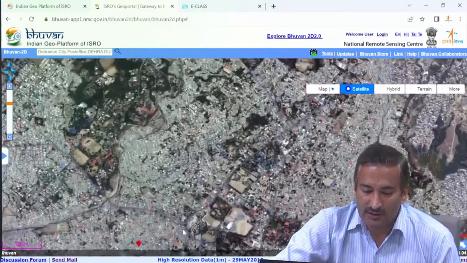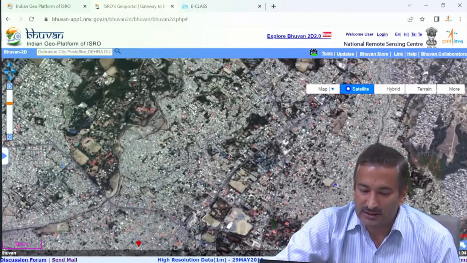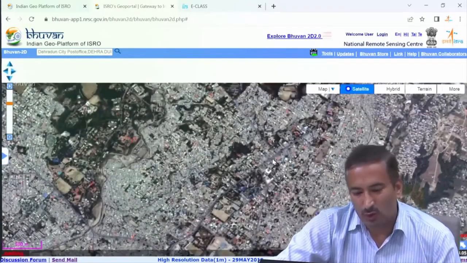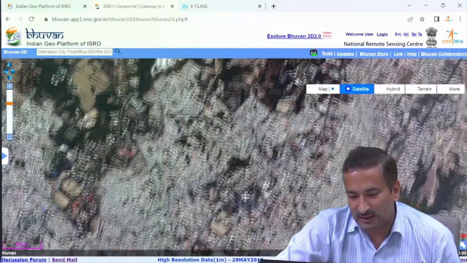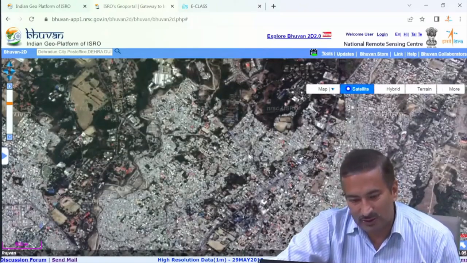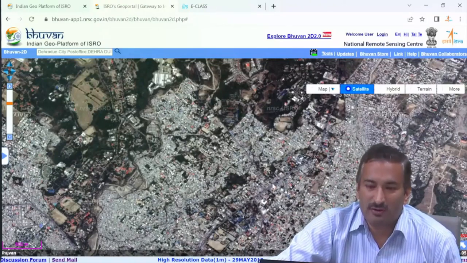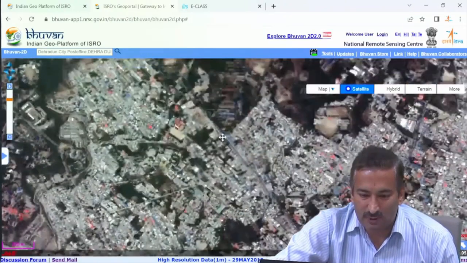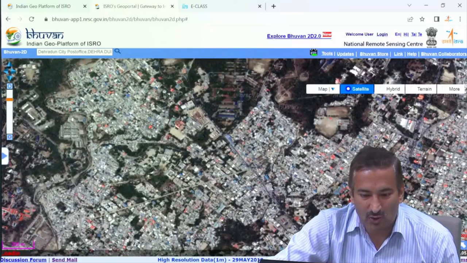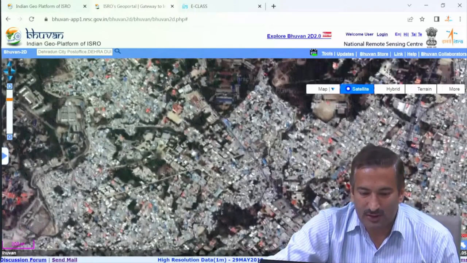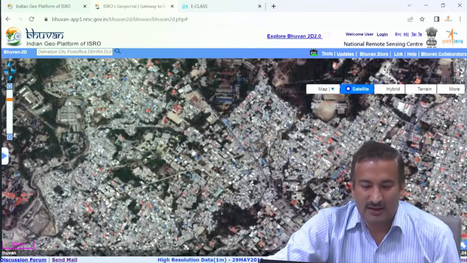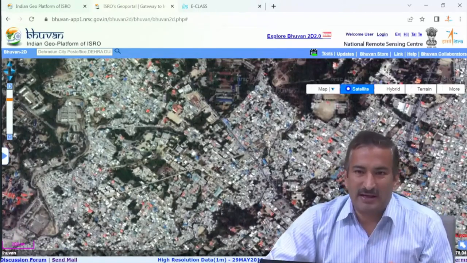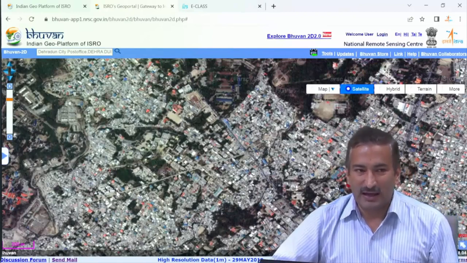Where is it now? Since I know this is Rajpur Road, in this Rajpur Road there is one big road that goes toward the left hand side. Only one road is going toward the left hand side. This road is known to me as New Cantt Road. Once I zoom in further, again one road is visible. If I move along this New Cantt Road, another big road is going over here. There is only one big road going, so I will immediately know this is Kalidas Road. So I am using an interpretation technique of reading the image, like linear features.